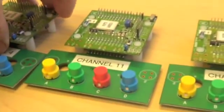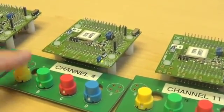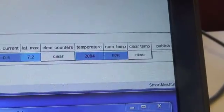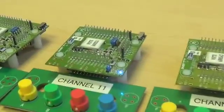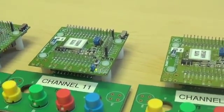I can turn on a second interferer, this time on channel 4. Start it transmitting, and again, as expected, Zigbee has no problem. And SmartMesh IP has no problem. But now I'm going to start interfering on the channel that Zigbee is using. The Zigbee nodes are about 2 inches away from each other, and about 2 feet away I've got this jammer, this interferer. And when I push the button,